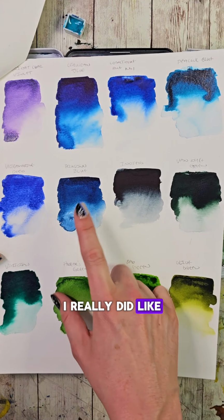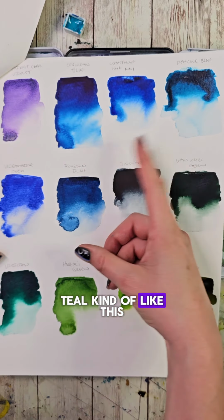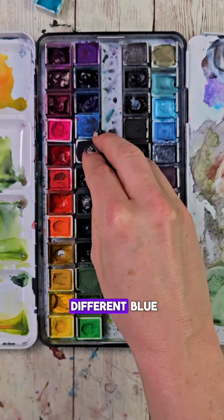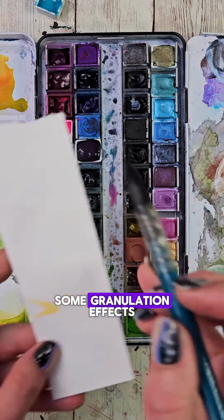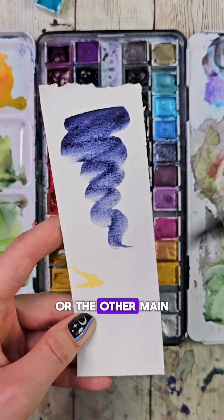I really did like this color, so I checked some of my swatch cards because I was hoping I would have another teal kind of like this, and unfortunately in my collections I don't. So I decided to replace it with a different blue. This one is my Stormy Blue, which is a handmade watercolor that I have, and it is a nice deep blue with some granulation effects. I thought that it would be nice and complementary to the other main blues I have